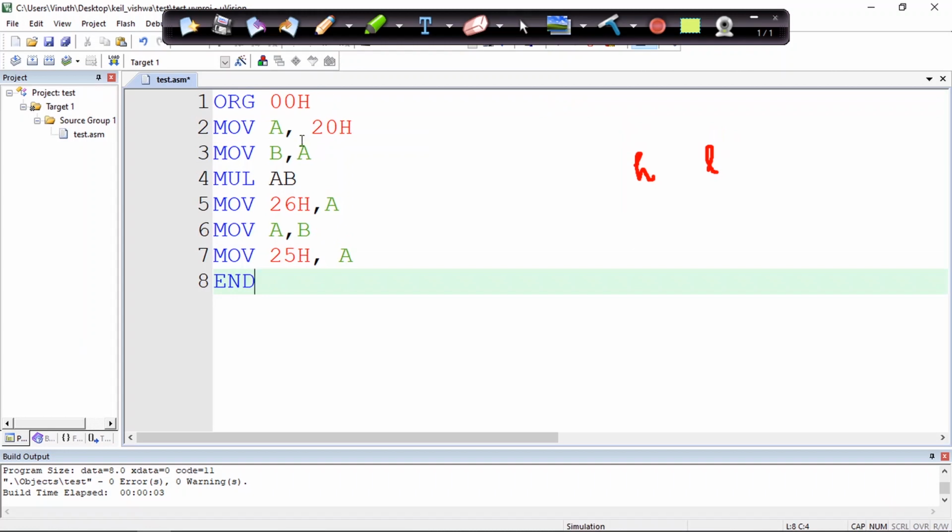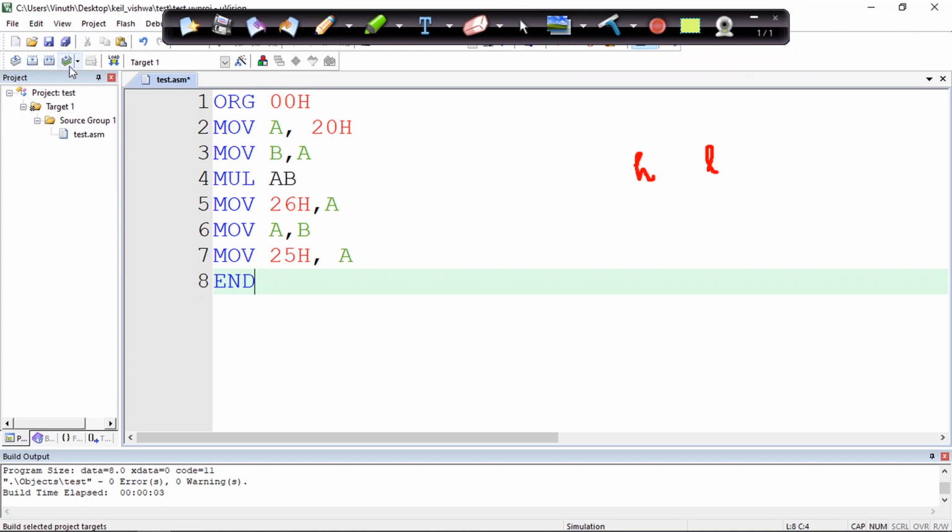Here we have taken the data from the 20 hexa location into the accumulator, and then we have performed the multiplication operation.